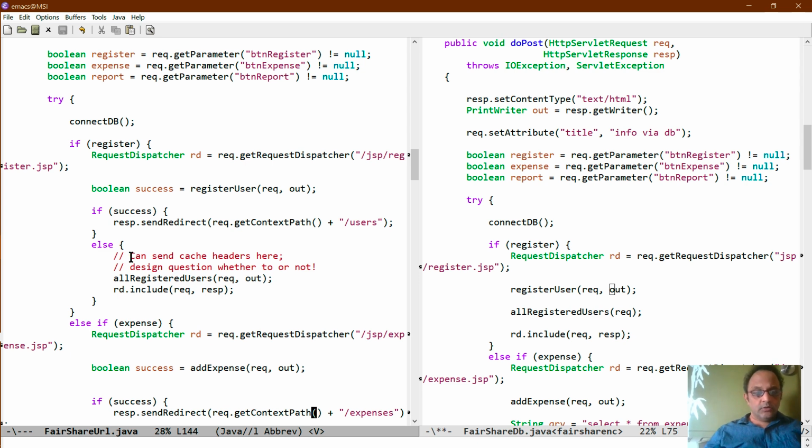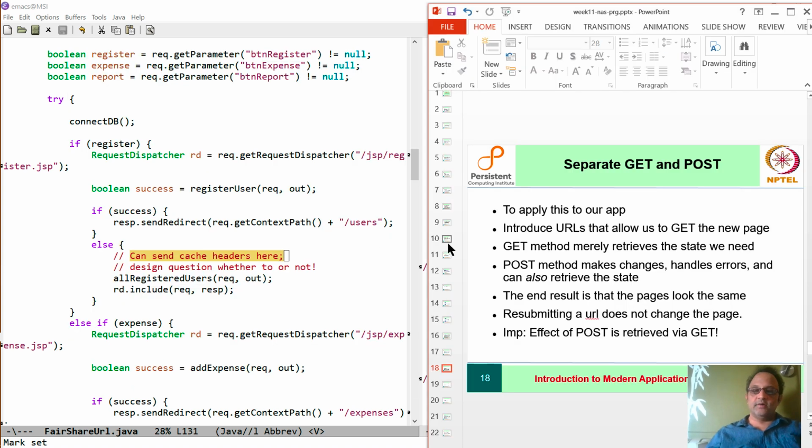And the pattern here, that is redirect in the case of success and return as usual in the previous case, you could do it differently. You could send these cache invalidation headers, right? And then the page won't show up. It will just show up as can't be resubmitted. That's okay too. It's again up to you for your particular app what you do. And thus we have created shareable URLs, and we have taken care of application state sharing.